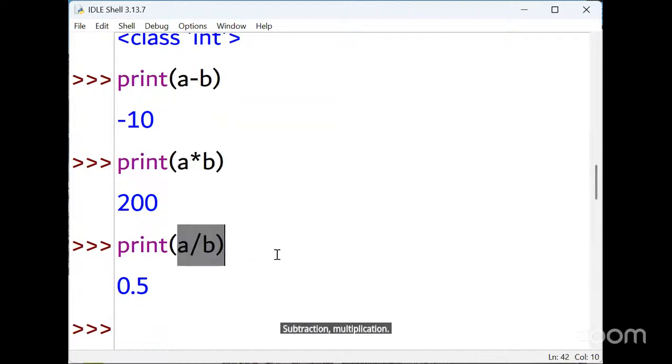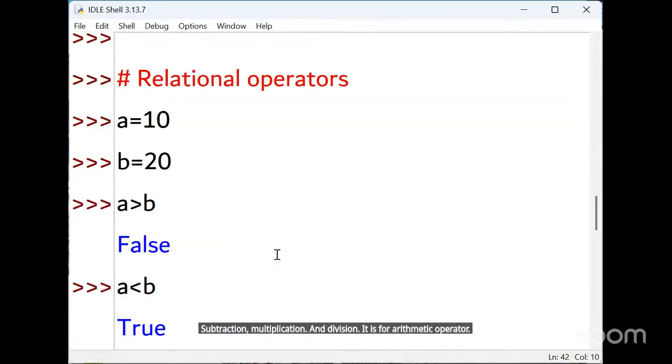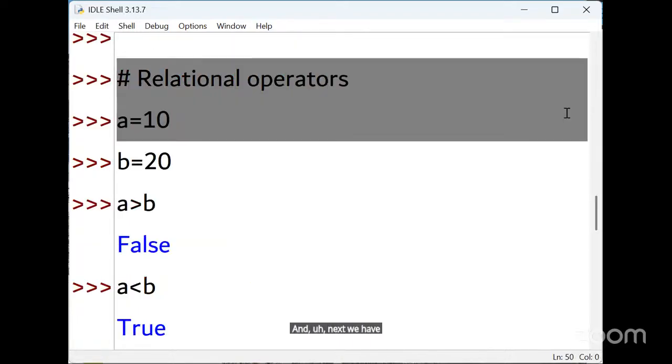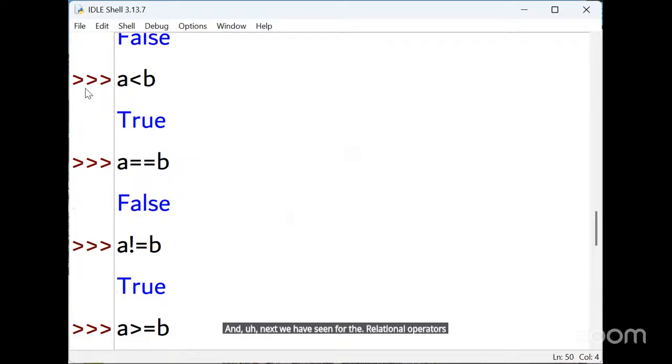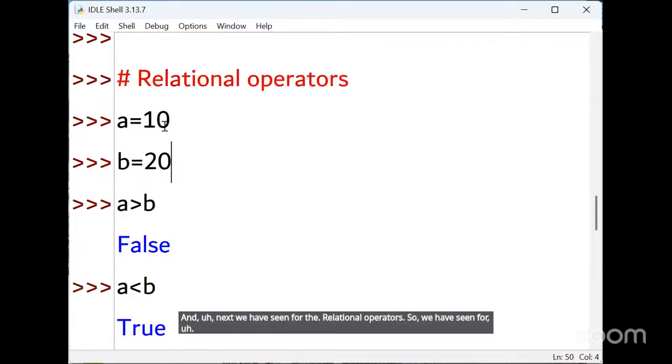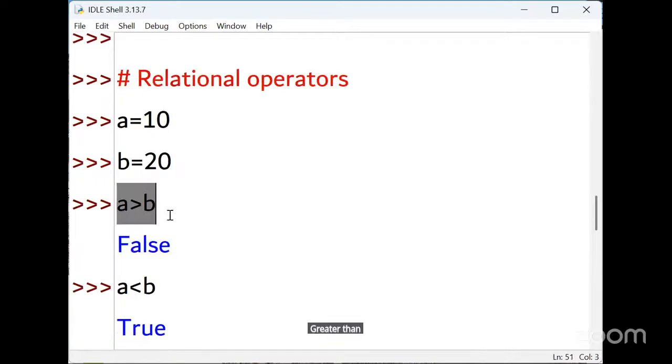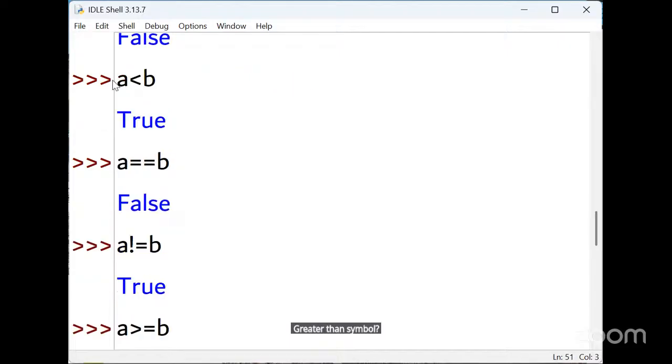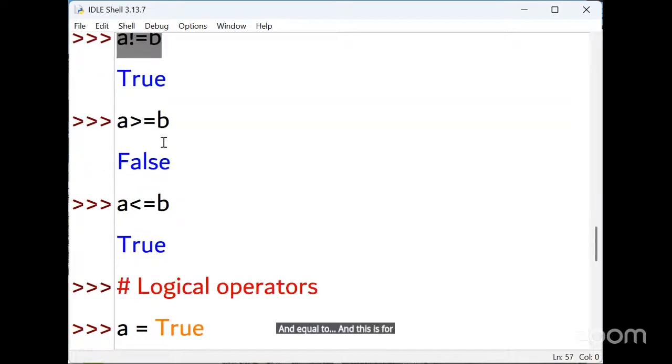Next we have seen the relational operators: the greater than symbol, less than symbol, equal to, not equal to, greater than equal to, and less than equal to.